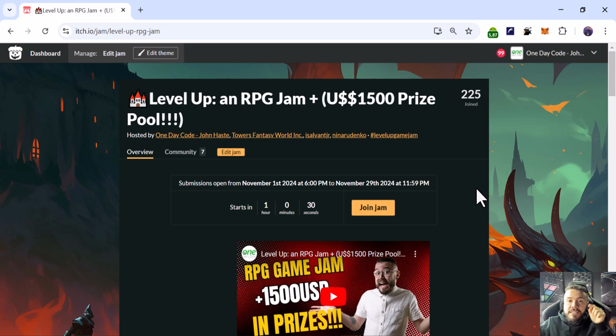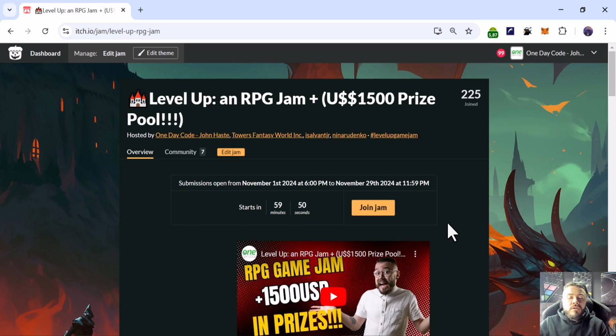A little bit of a package that I made for this game jam, the Level Up, an RPG game jam that's running during this November. So basically, I created a small package that you can import into your Unity, and it will make the whole Level Up system work. It's very simple. I tried to make it as simple as I could, not thinking about too many complex cases, just making sure that anyone, even extreme beginners, can import that package into their Unity project and start working right away. Okay, so let me show you how it works.